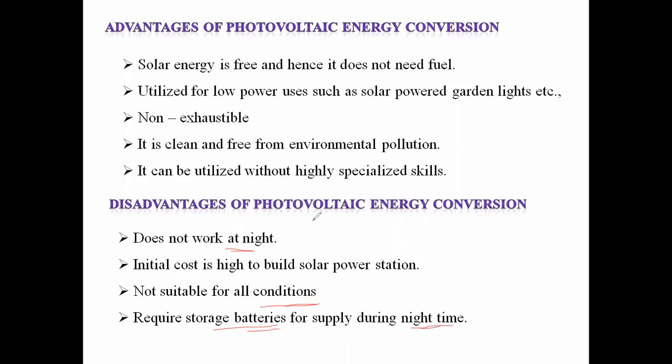The main thing is it is not continuous and constant power generation. That is, in a complete 24-hour day, we can't generate the power. On average, we are generating power 6 to 8 hours per day, and that is also not constant. Today we are generating, suppose, 150 megawatt. Tomorrow we are generating either 80 or 90 megawatt, or else 180, 190, 200 or 220 megawatt. It is not constant, and we can't predict how much power we can generate in solar power.